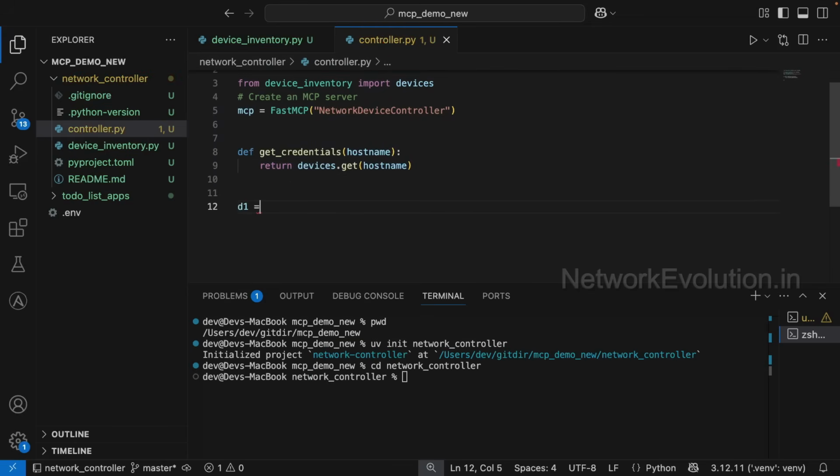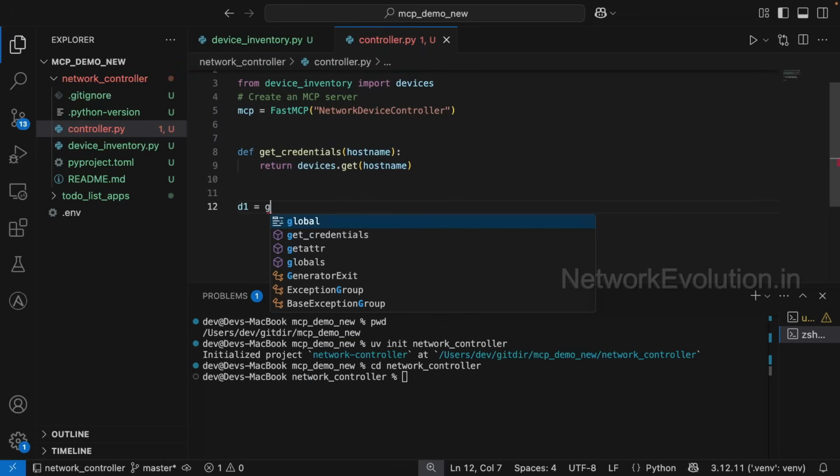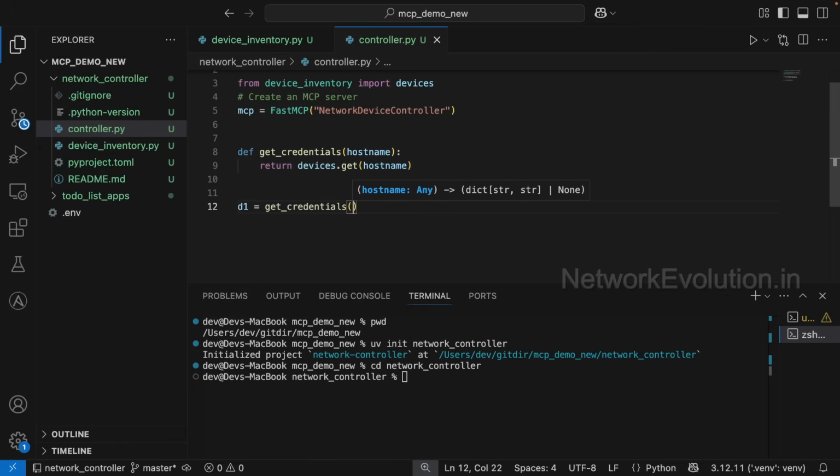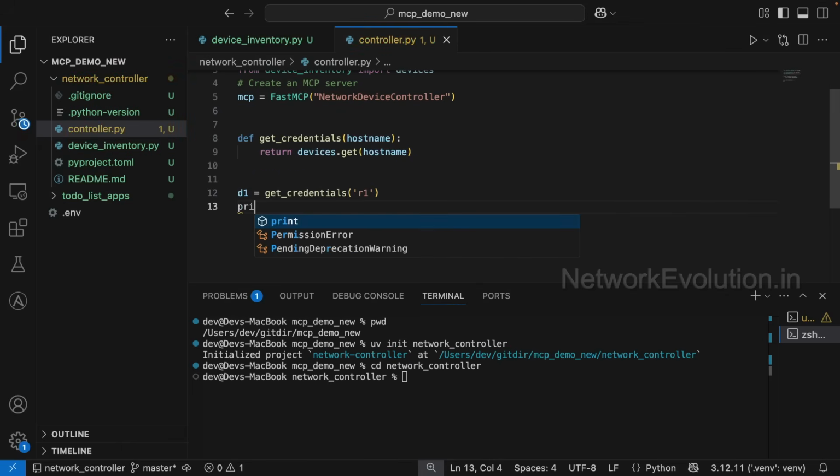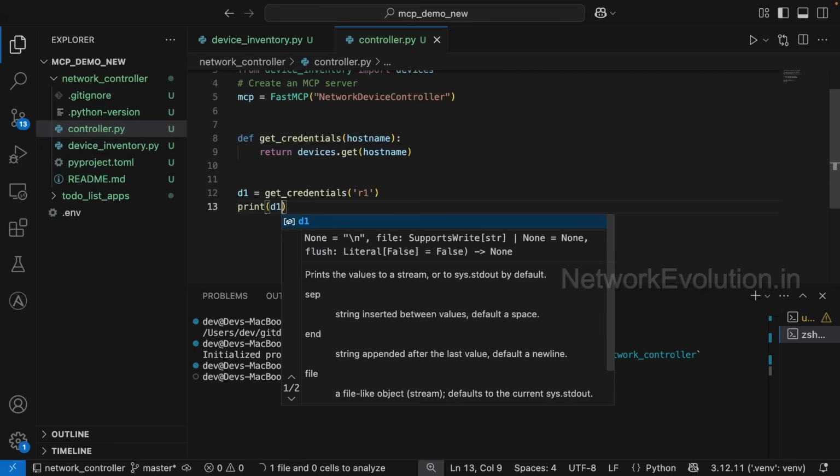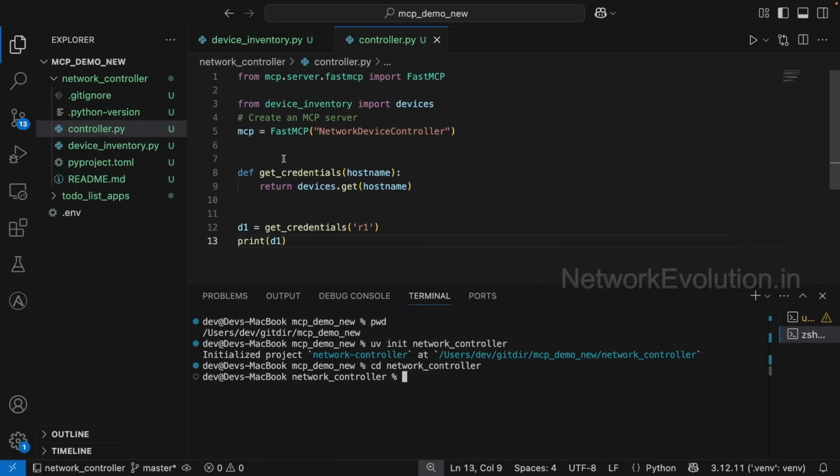Now I'll call d1 equal to get credentials and I'll give r1, print d1. If you want to run this